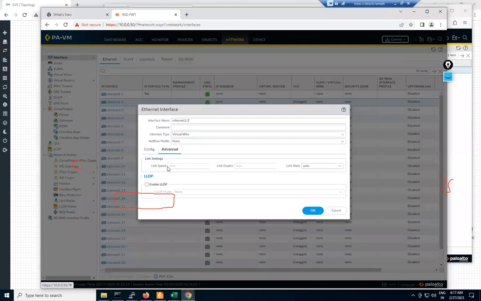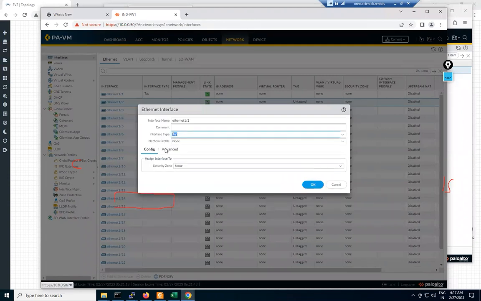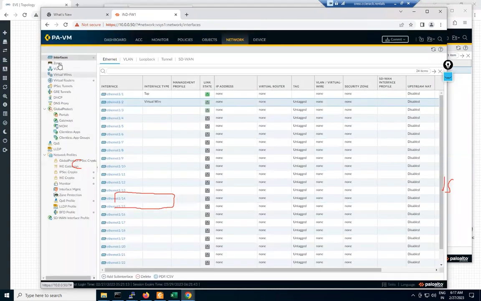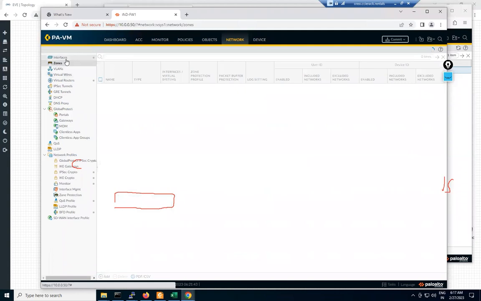If we go to the advanced, link status, LLDP, right? Same thing here if I select the tap mode. In tap mode, we are not getting the option for IP address. So that means we cannot configure the IP address in this mode also. Okay. So here, virtual wire. Okay. Right. After that, guys, if you are going to configure an interface as a virtual wire, for that you also need